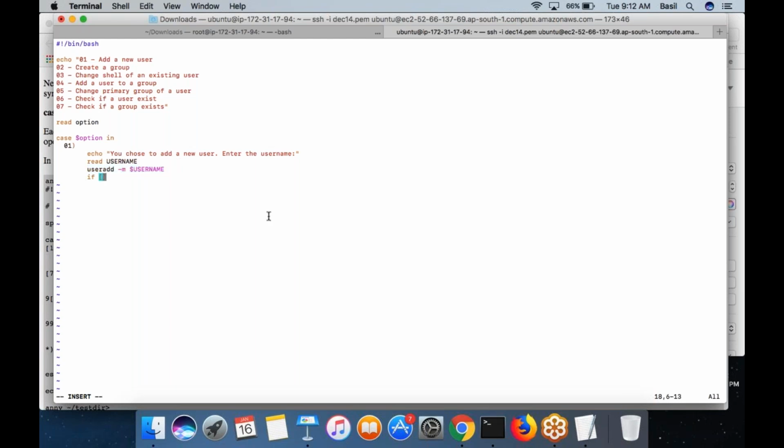How would you do that? Check whether $? is equal to 0. If it is equal to 0, then you would print a success message. Or if it is not equal to 0, then there's a problem you want to mention.